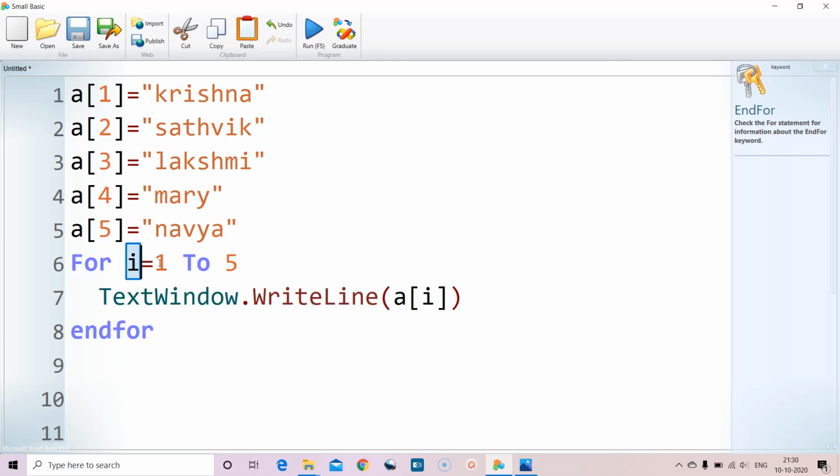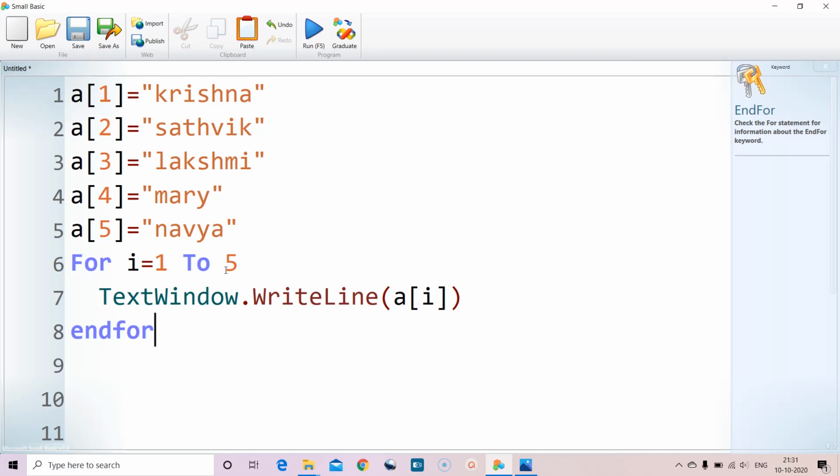First with I value as 1, it prints A of 1, that is Krishna. Next time I value will be 2, so A of 2 will be printed, that is Satvik. Next time I value will be 3, so A of 3 Lakshmi will be printed. Next time I will be 4, so A of 4 Mary will get printed. Finally I value will be 5, so A of 5 Navya will get printed.